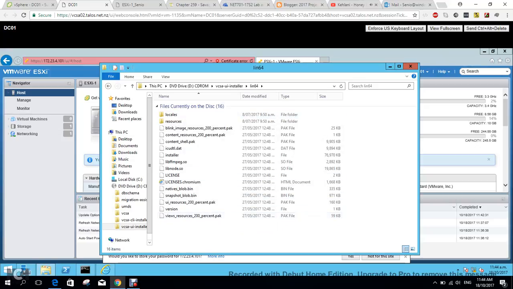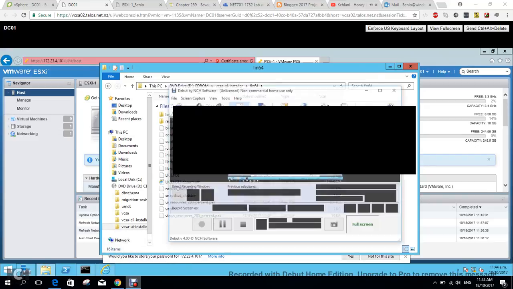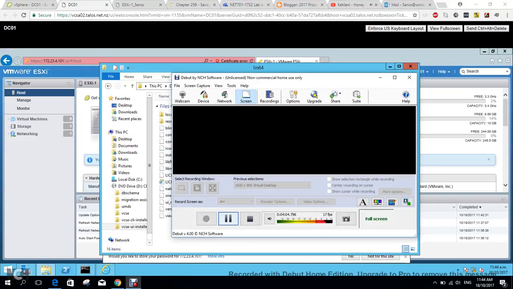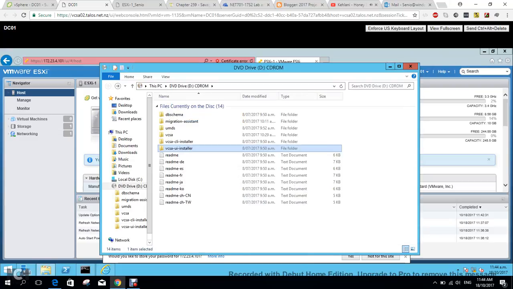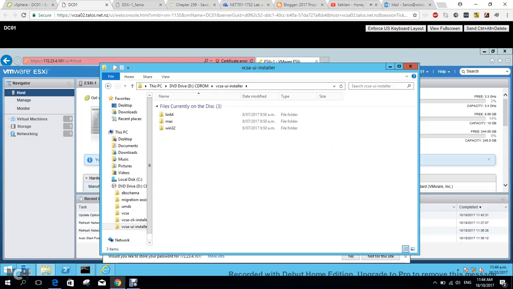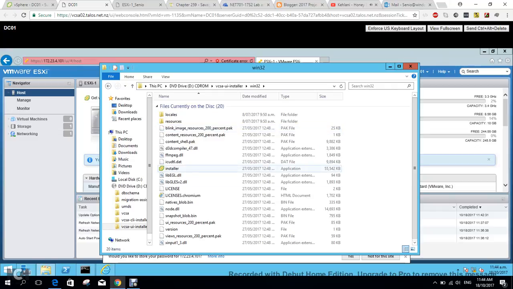and there should be, I'll find the installer and then I'll come back because I don't remember where it is off by heart, so I'll be right back. Alright, so if we go VCSA UI installer, then we click on Win32, we should find an installer application. And we simply double click that and it will run the installer,